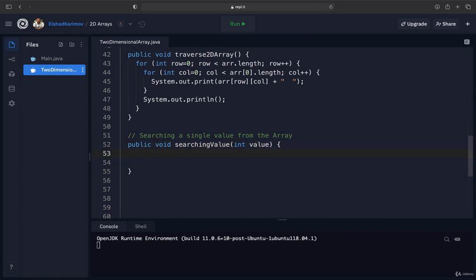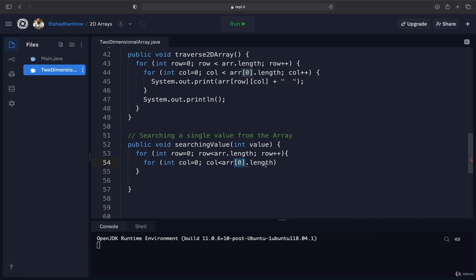That's why our first loop will be looping through rows. So I will write our loop like this: for int row index starting from 0, continuing until the number of rows. We know that in a two-dimensional array, the length function returns the number of rows. It will be increased by 1 every time. Then inside this loop, we are going to write another loop which loops through columns. The same thing is applicable over here: column starts from the index of 0 and continues until the number of columns. To find the number of columns in a two-dimensional array in Java, we write the array name, then index 0, then dot length. If we write it without this, it returns the number of rows.